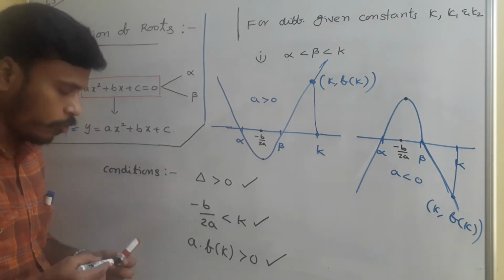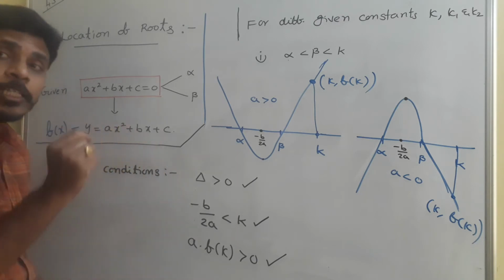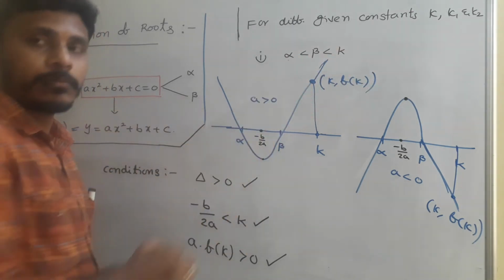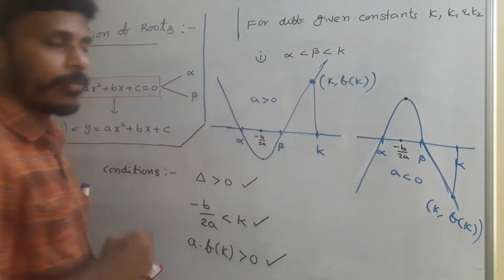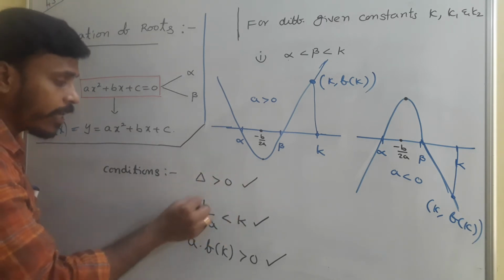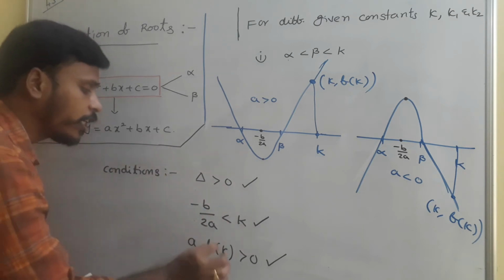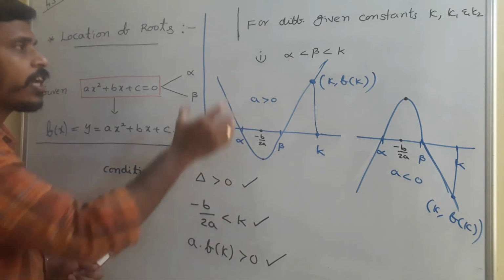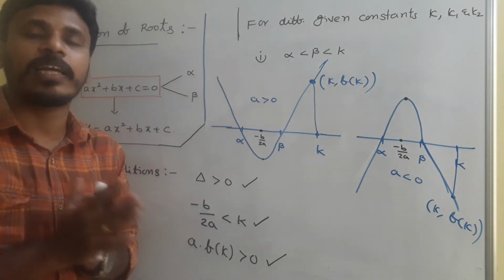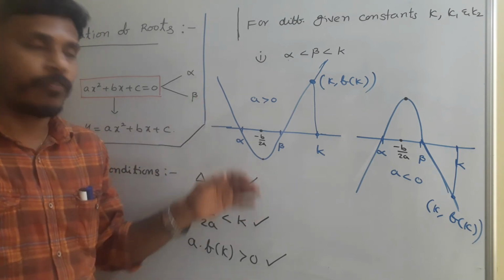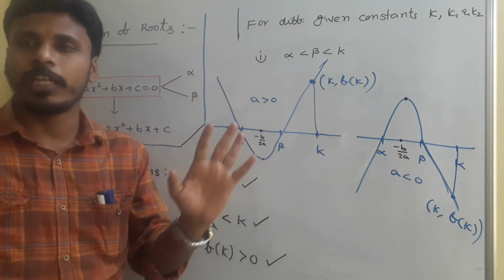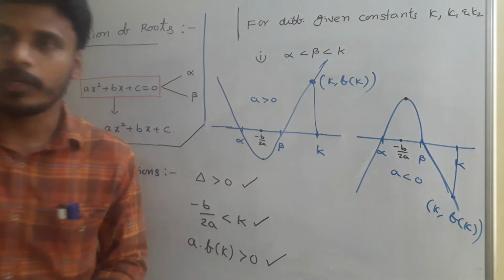So if anybody asks you, whenever this quadratic expression has two roots which are less than a constant k, then what do you say? It will happen if discriminant is greater than 0 and minus b by 2a is less than k, as well as a into f of k is greater than 0. These are the three conditions for the first case. Likewise, we need to derive the conditions for each and every case. That's enough just by observing the graph. As it is the first situation, I analyzed it slowly and in depth, so for the remaining, automatically you will give the conditions. This is the first one. Have a look.